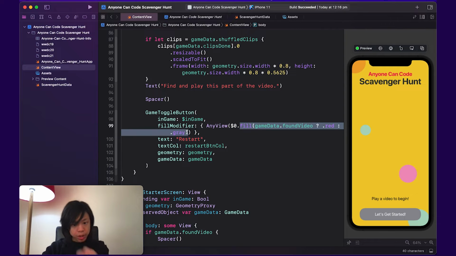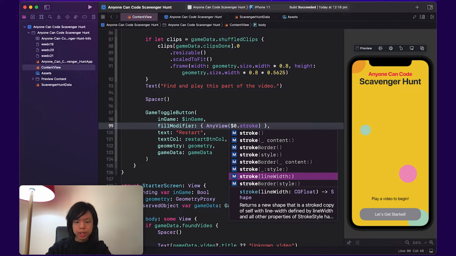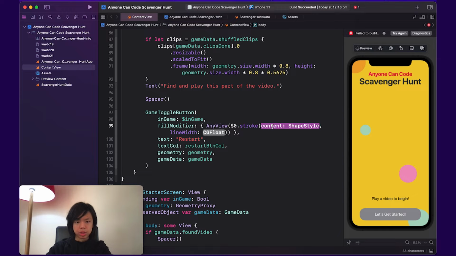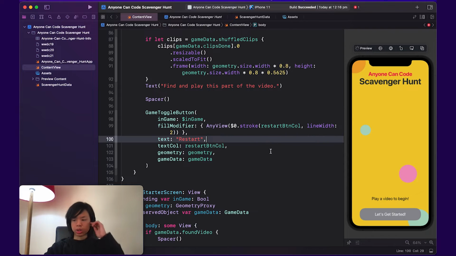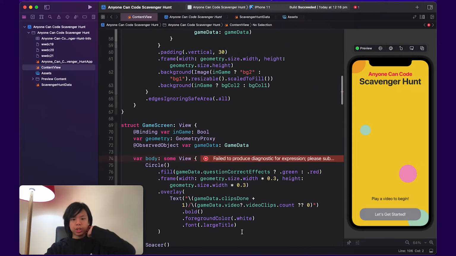So for the fill modifier, I'm going to add a stroke. A stroke is basically just a line outside of it. So I believe it is going to use content and line width. So for content, it's the restart button color, and the line width is just 2. That's everything we need for this